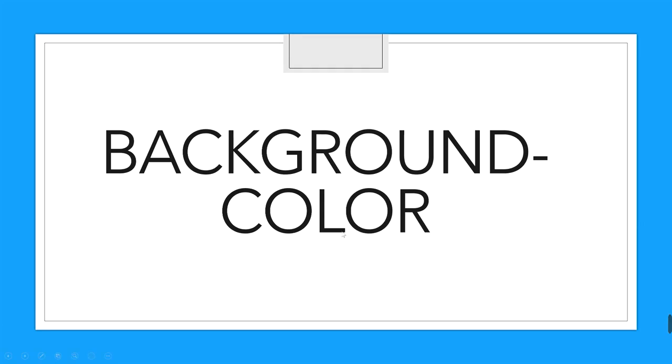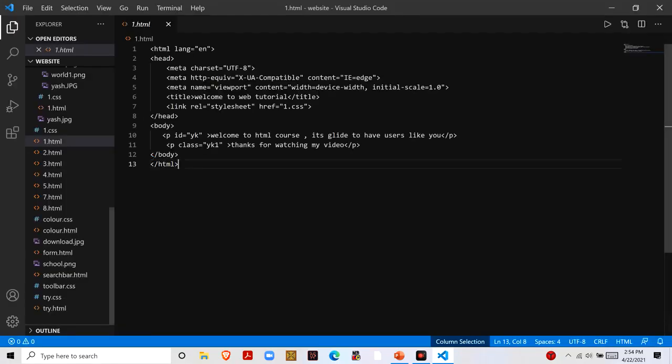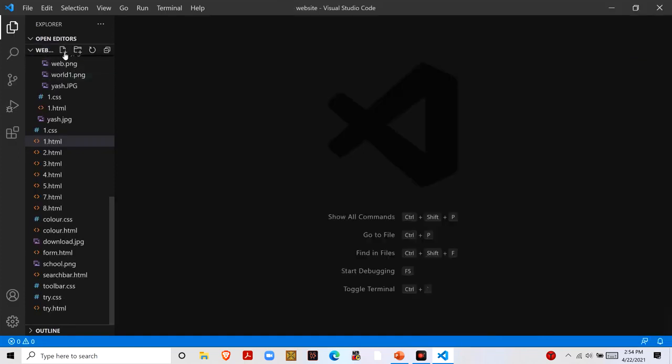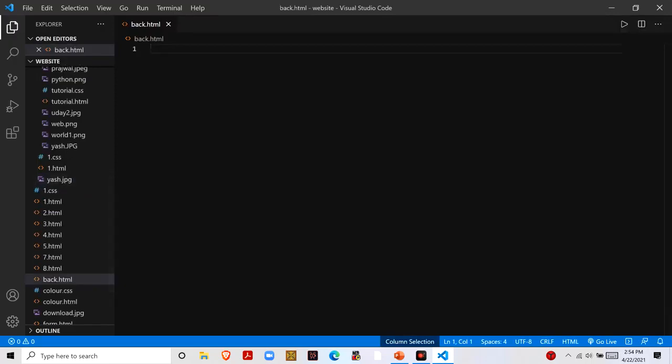Okay, so I will just go to Visual Studio Code. First we will make a new file named background.html. Now I will type an Emmet abbreviation.